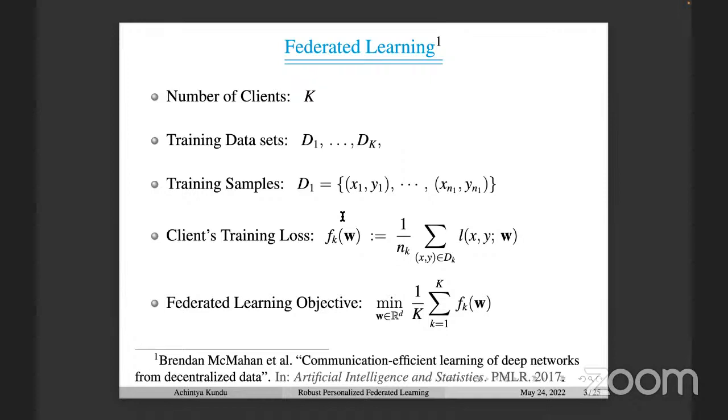But that's not the goal here. The goal here is to pool together all the training objectives and then try to learn a model which optimizes across the data sets that are privately owned. So you are trying to come up with a single model which might work across these data sets. That's the federated learning objective originally defined. Things have changed from there, and we'll talk about that.